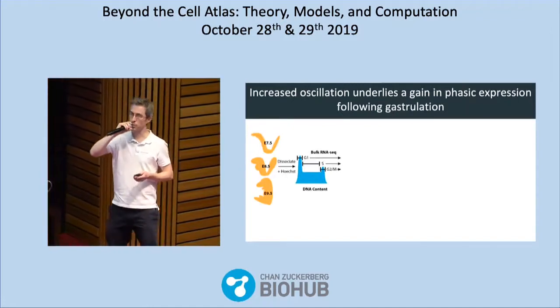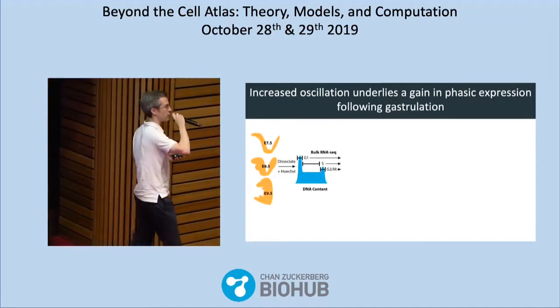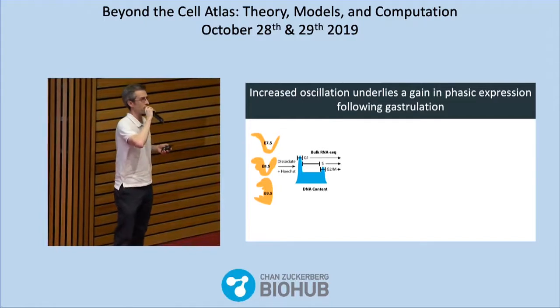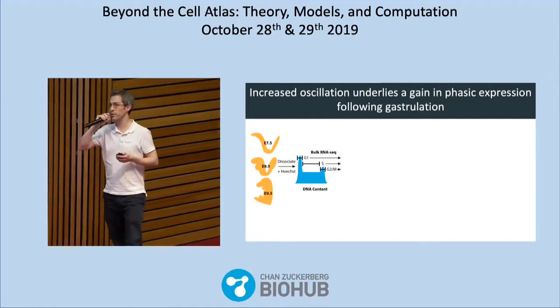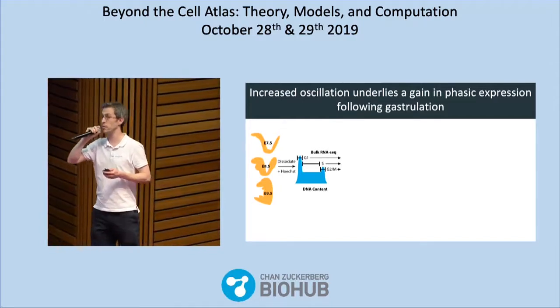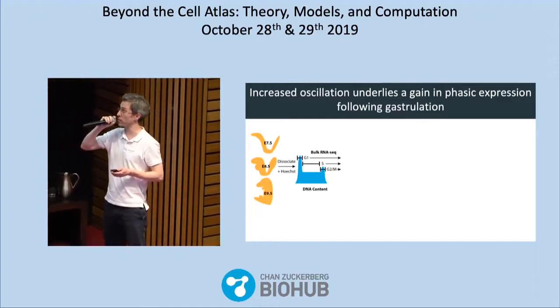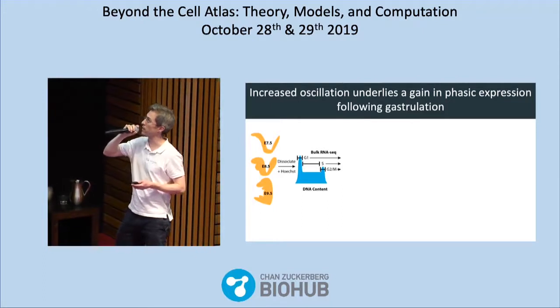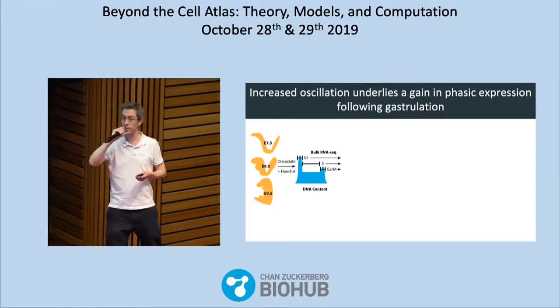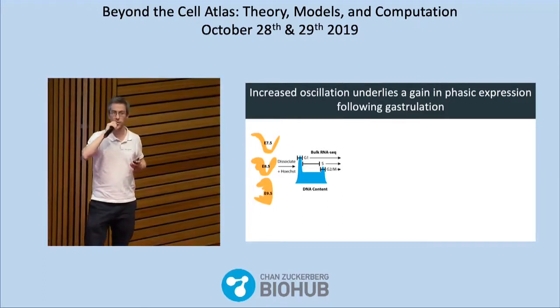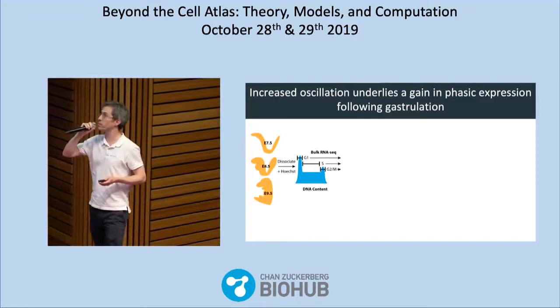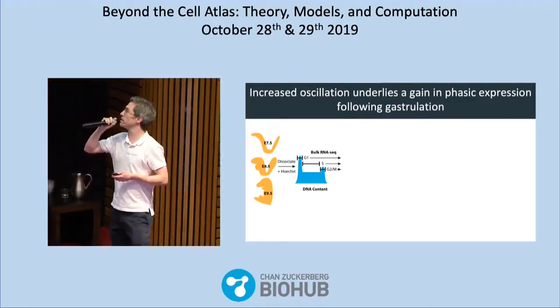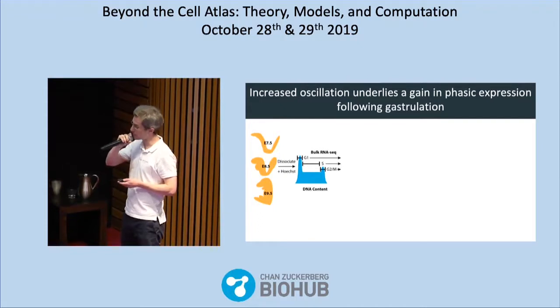I just told you a second ago that a lot of the genes that are phasically expressed are involved in progression through the cell cycle. If that's true, that would suggest that when their regulation changes, maybe we'd see a difference in the way the cells actually progress through the cell cycle. So I looked at different stages of mouse development, dissociated the embryos into single cells, and asked when the DNA content profile started changing. I saw that it started changing after 7.5 in mouse development. So we looked at that stage and tested our hypothesis.